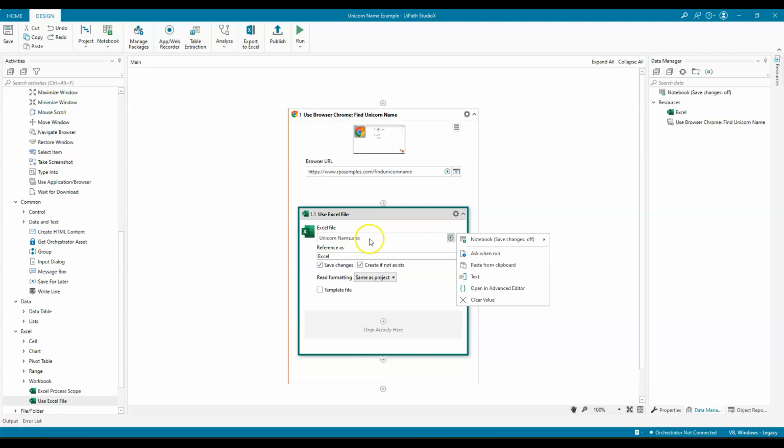Okay, so you should have the unicorn name here. It's referenced as an Excel. And basically that's where the Excel file is. So now we have the Excel file, and we're going to look for type into, right? We want to use the things inside this Excel file to type into that browser. And so we're going to search for an activity called type